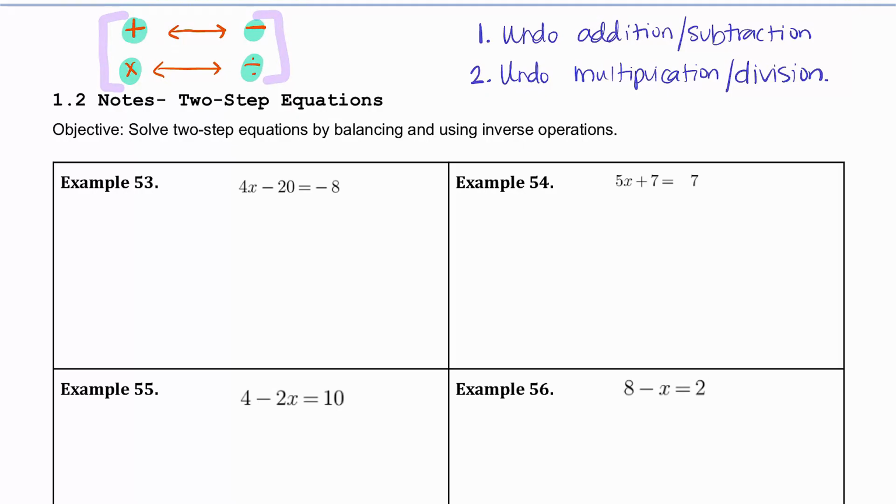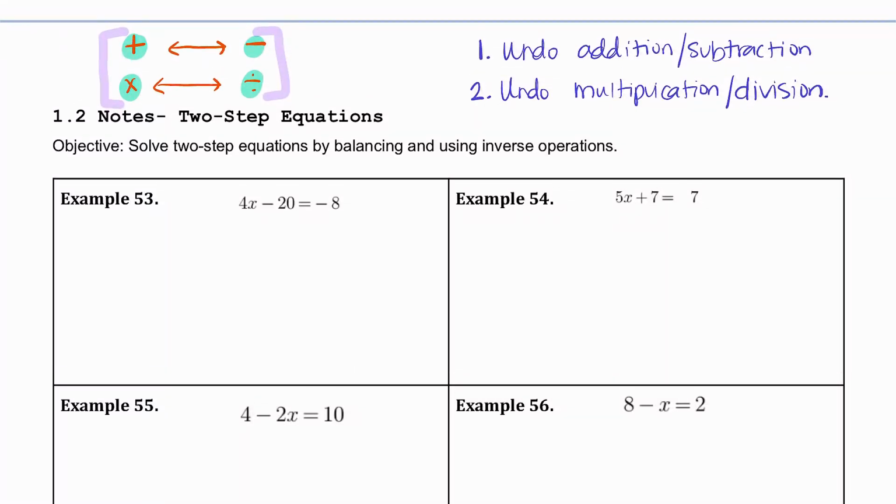And the opposite is true. To undo division, multiplication. To undo subtraction, addition. So when we have an equation with more than one step needed to solve it, the first thing we're going to do, it's kind of like the opposite of our order of operations. The first thing we're going to do is undo our addition and subtraction. So basically we're going to get rid of the thing that does not have the variable attached to it. Then the last thing we're going to do to isolate that variable is get rid of the